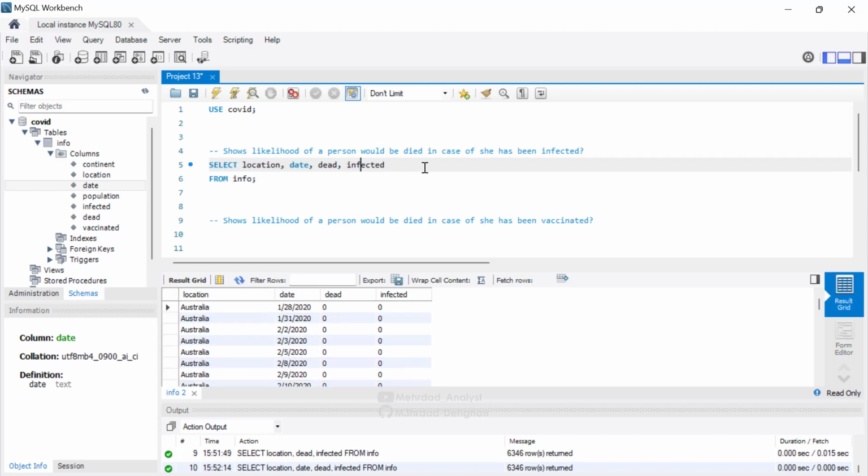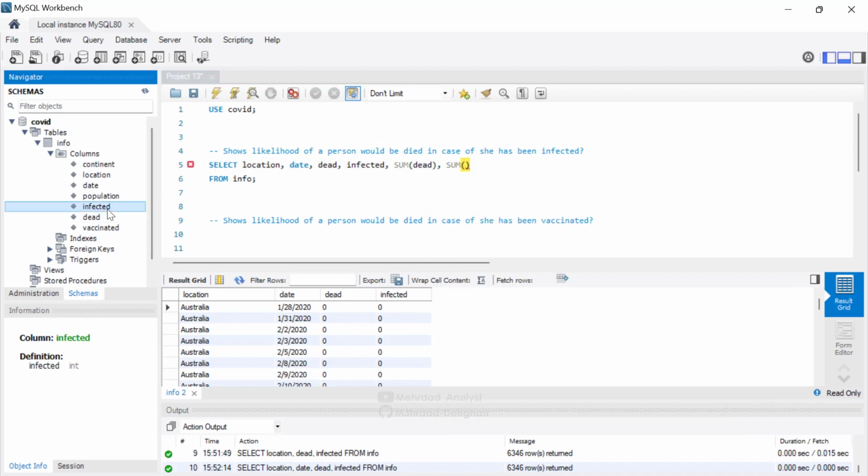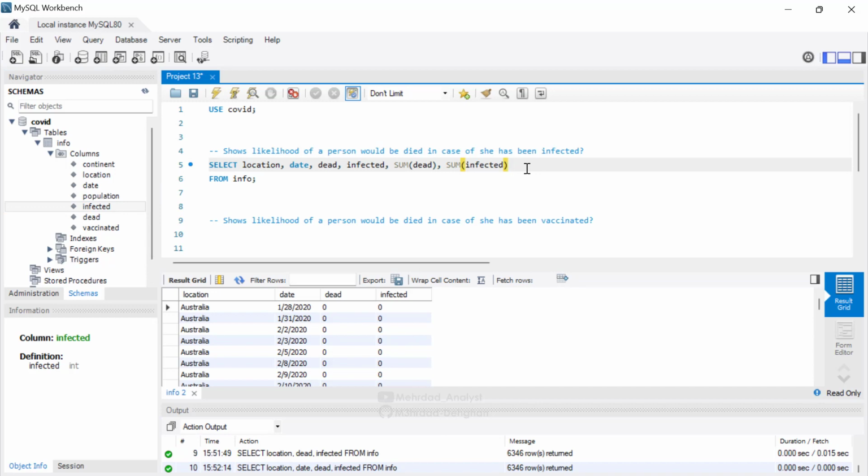The question is asking about the proportion of being affected and what is the probability that being affected leads to death. So for doing this, I call a sum, and in this sum I just create a sum of dead and sum of infected. First of all, sum of dead, and after that sum of infected. And then I can group